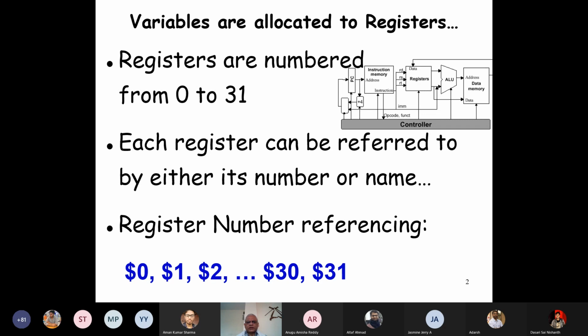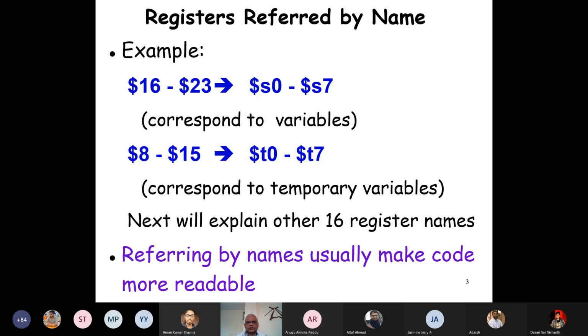If you are writing a large enough program, it is preferable that you use the names of the registers. That makes it more understandable. Registers $16 to $23, there are 8 of them, are called the saved registers, or S0 to S7.